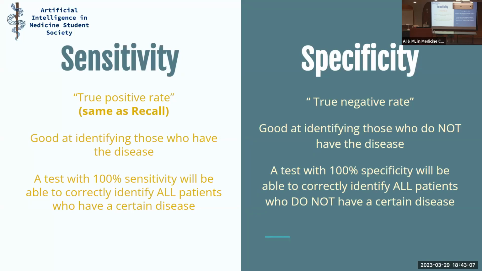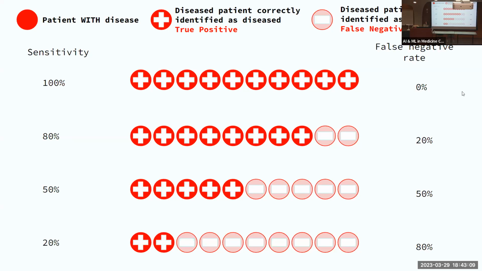So I like to visualize things in this way. Let's say all of the red dots are people with a disease. Let's say the disease is breast cancer. Everybody with a red dot has breast cancer. The plus represents whatever they're labeled as. If they're red and they're plus, that means they were correctly identified as having breast cancer. If they have a minus, it means they're incorrectly identified as not having breast cancer. They have breast cancer, but the test said that they don't.